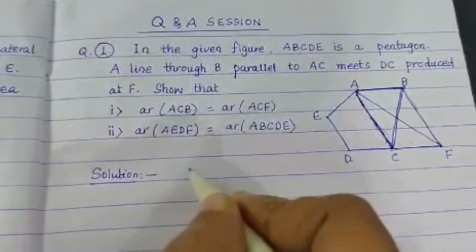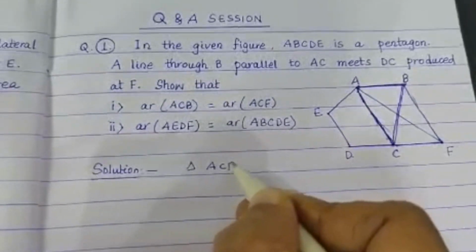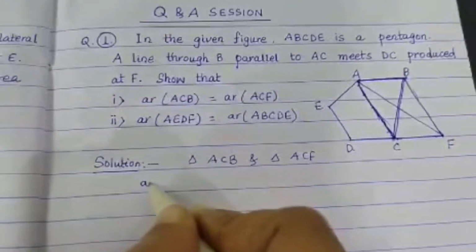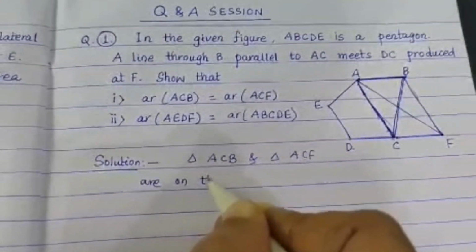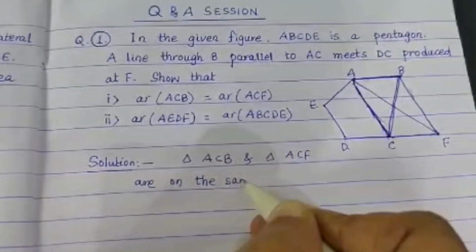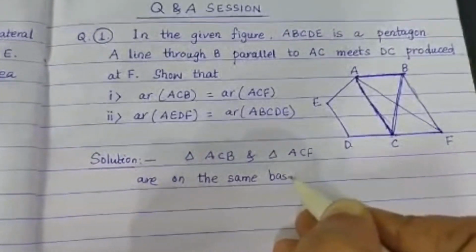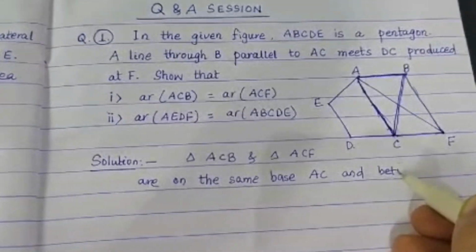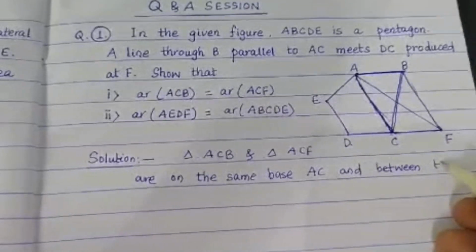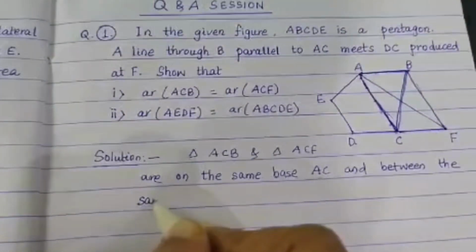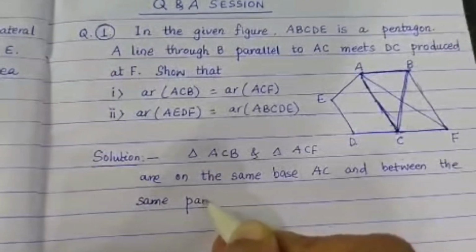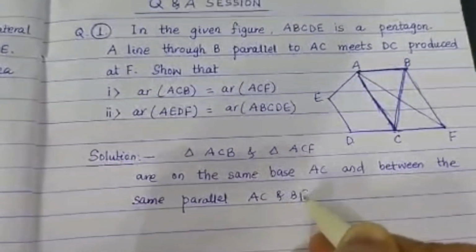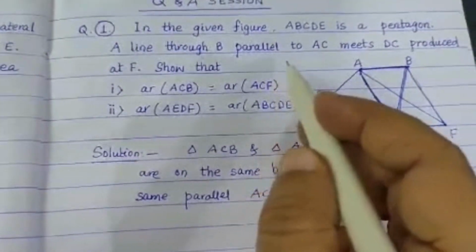So triangle ACB and triangle ACF are on the same base AC and between the same parallels AC and BF,